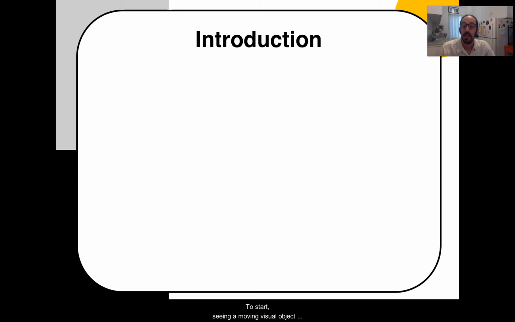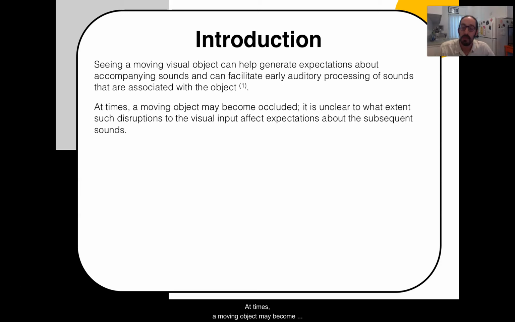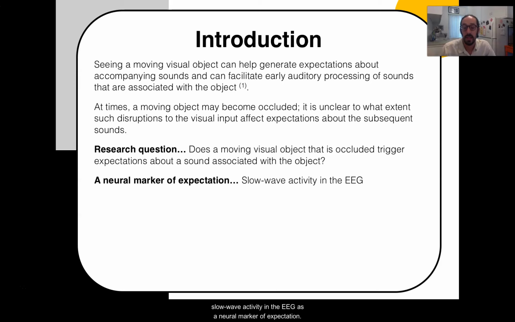To start, seeing a moving visual object can help generate expectations about accompanying sounds and can facilitate early auditory processing of sounds that are associated with the object. At times, a moving object may become occluded, and it is unclear to what extent such disruptions to the visual input affect expectations about the subsequent sounds. For this study, we asked, does a moving visual object that is occluded trigger expectations about a sound associated with the object? In this study, we plan to measure slow wave activity in the EEG as a neural